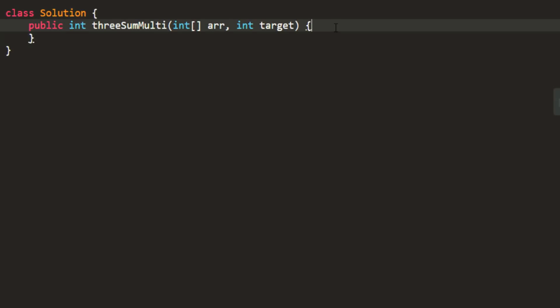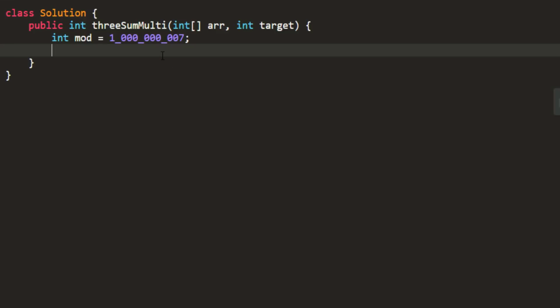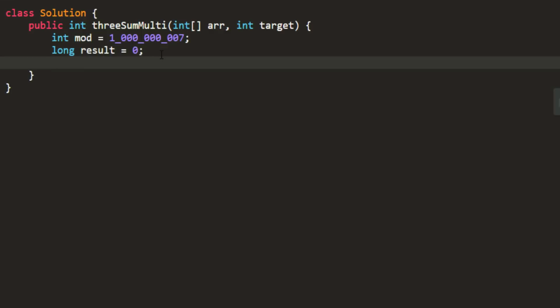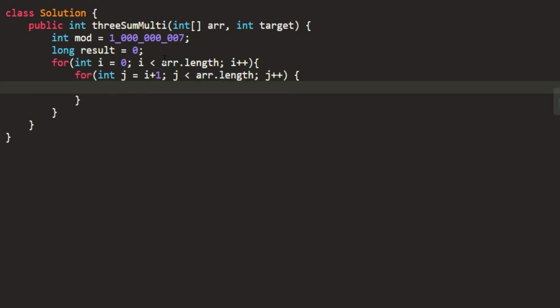The first and foremost thing is taking the mod value, which is 10 raised to 9 plus 7, and we also need a result. Let's take it long in order to prevent integer overflow, and now we'll need 2 for loops. In this for loop, let's take an integer k, and that would be target minus i minus the jth value.